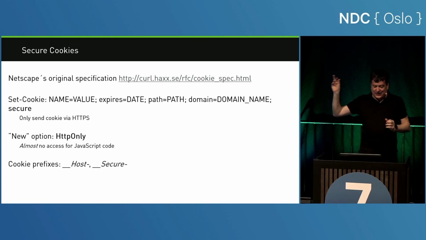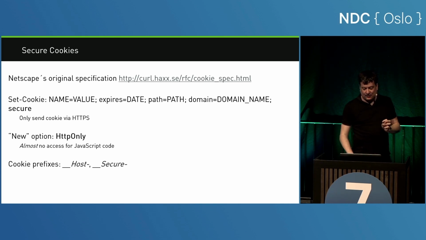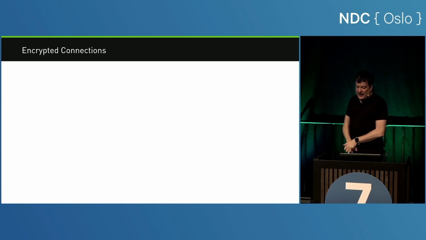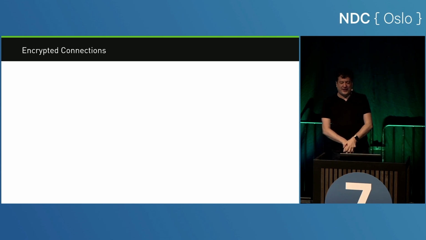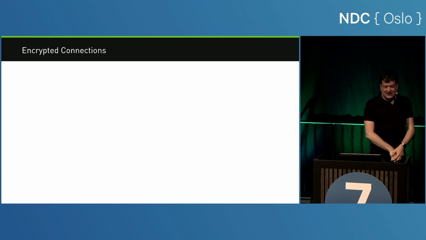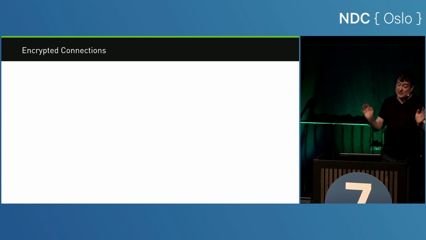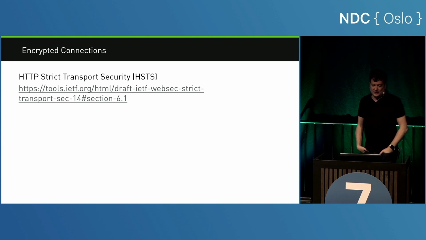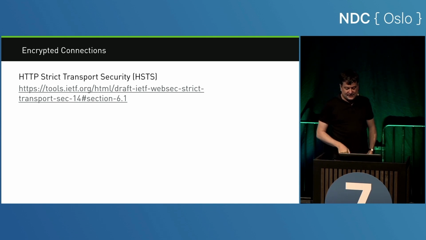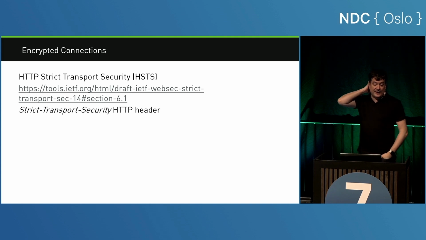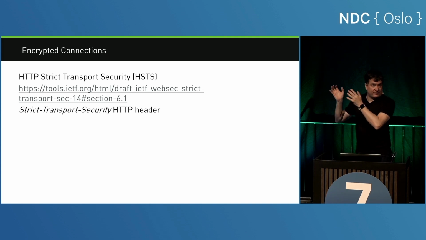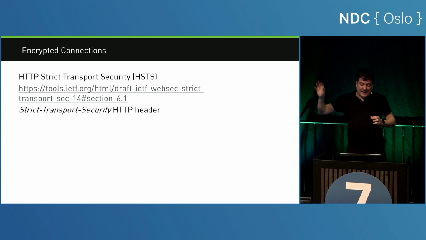Now, we've seen that we can secure cookies by restricting them to secure connections. Is there a way to force the browser to use secure connections all over the place? There are a couple of options. The arguably best option so far is called HTTP Strict Transport Security. It's an IETF standard this time and manifests in an HTTP header called Strict-Transport-Security, which the server sends as an HTTP header and instructs the browser, next time you are talking to me,